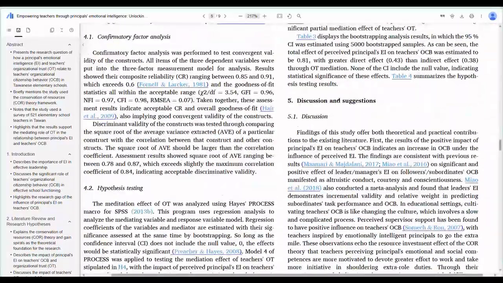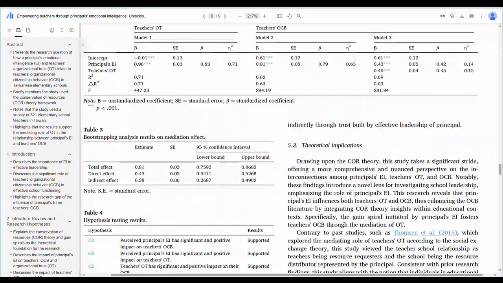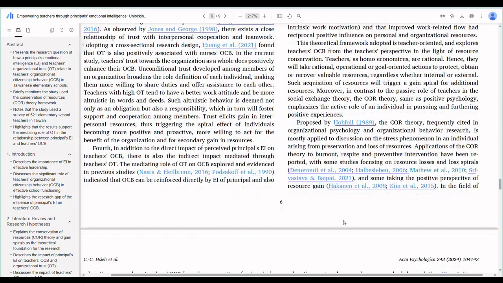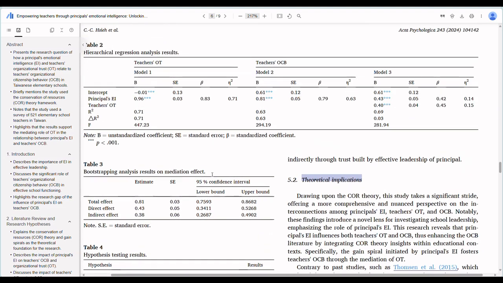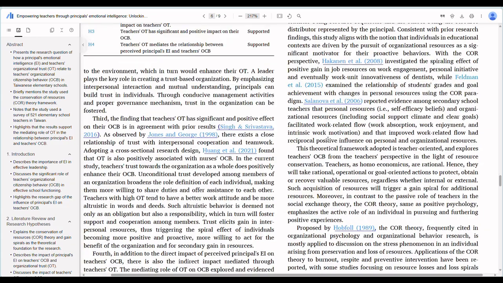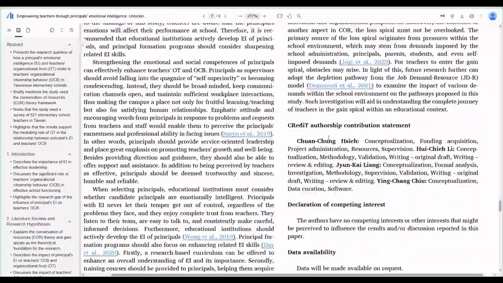So now let me just scroll. You will see that the discussion started from here downward, and there was no separate conclusion section. Rather, when the discussion was done, the theoretical implication was discussed, meaning the study has two implications.